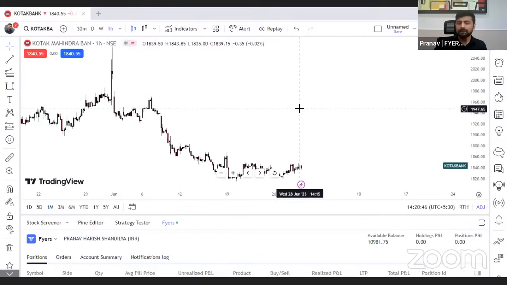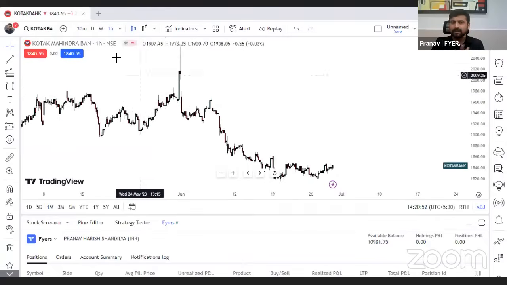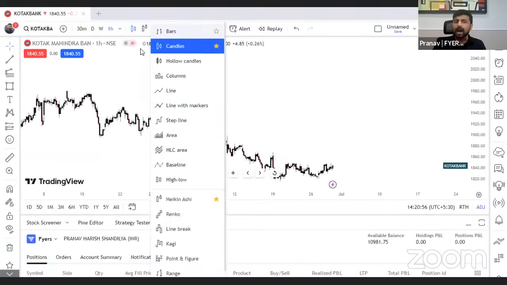Now, apart from this, what are the different types of charts available? Let us go and see that. So this, as you see on the screen, is a very normal hourly chart, right? So hourly chart, this is a proper candlestick chart. Now, let us say